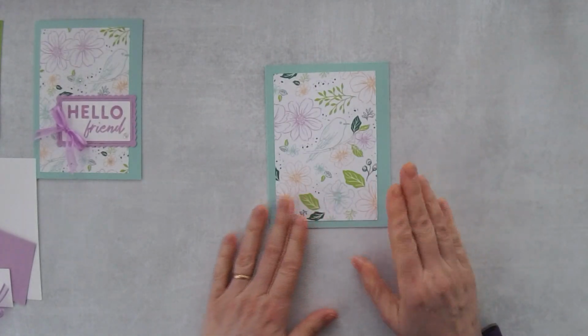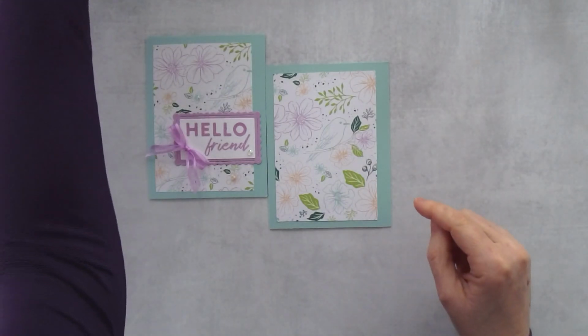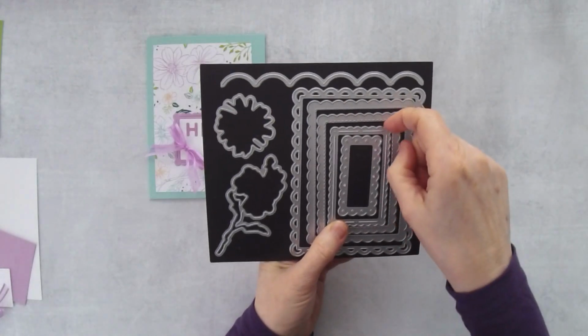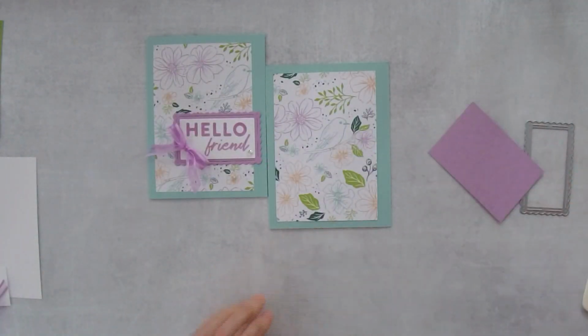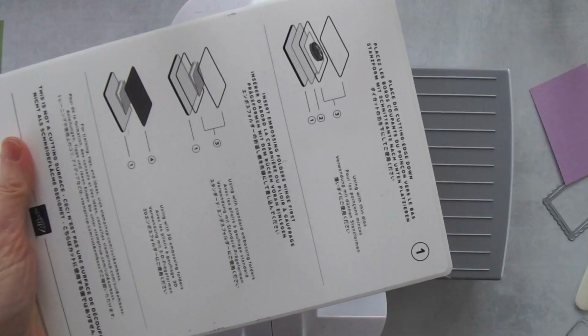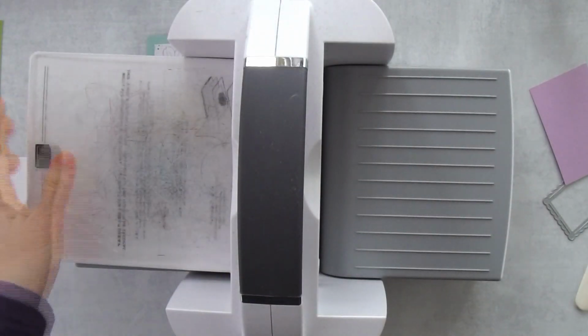Okay, so that's step 1. Now, I use the Scallop Contours dies. Just let me pull these out right here. They've got all these lovely layers. And I'm going to use the second smallest scallop contour. And I'll use a piece of fresh freesia, and I'm just going to run that through my Stampin' Cut and Emboss machine. So let me just plop this down here. Got base plate number 1, thin die adapter number 2. I've got a cutting plate,